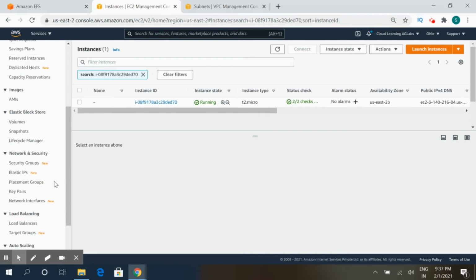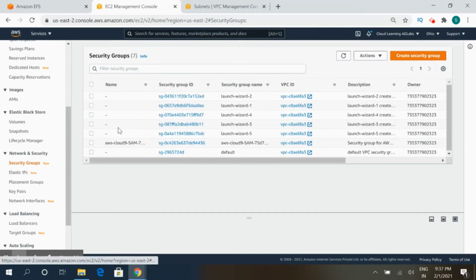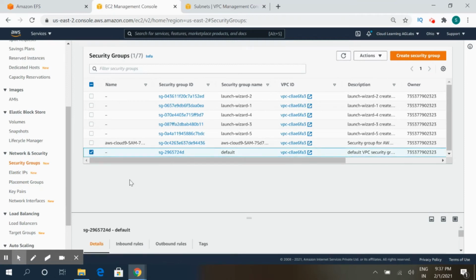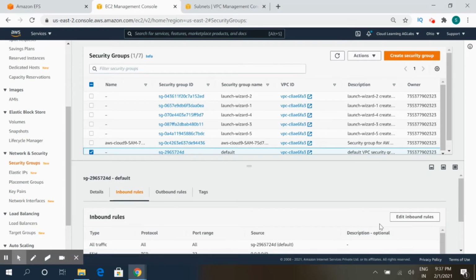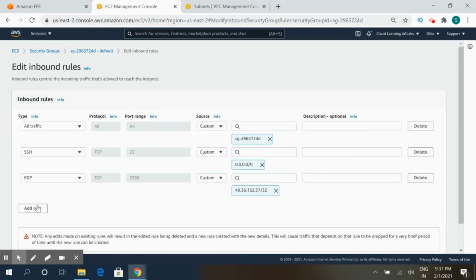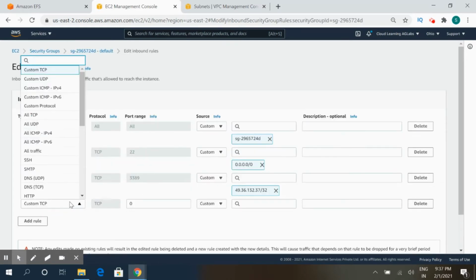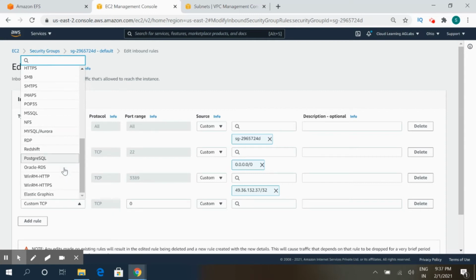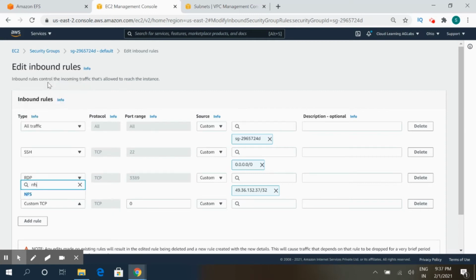So this is the security group which I am using, the default one. In this, what we need to do is under the inbound rules, we will edit the inbound rules and add a new one. Since EFS works on the NFS protocol, we need to select the NFS which works on 2049. So let me type the NFS.